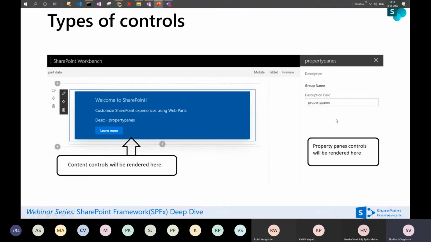This is nothing but the configurable web part UI which SharePoint Framework allows us to create. There are out of the box controls available in the property pane also. But if something is not available there, we can go to this library and check whether there are some controls which we can use in our property pane.